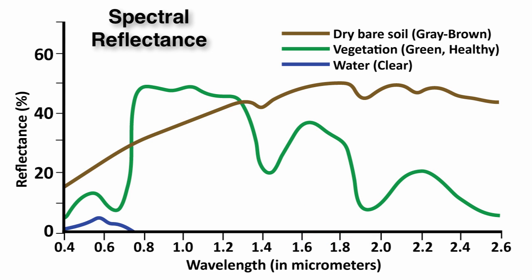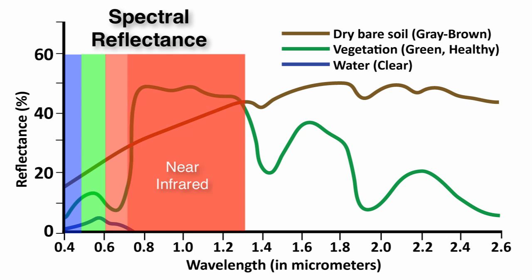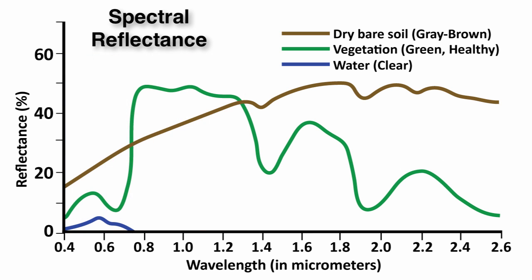Now, I noticed up here, this is really good on this one. So blue, visible blue light is just right there. And now green, that's the green band, and then the red. So visible light is something like this. And then here we go into the near infrared, and then over here into the middle infrared. So we're looking at stuff that we don't actually just see with our eyes. So let's look at, and this also helps to explain that image, which is why I was looking at this